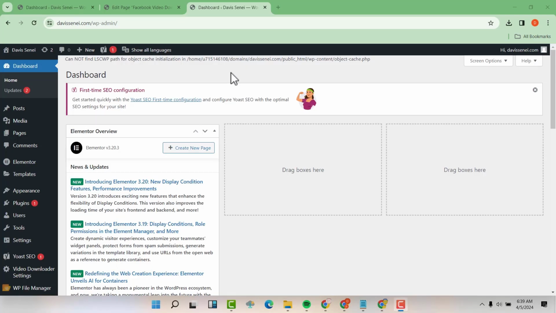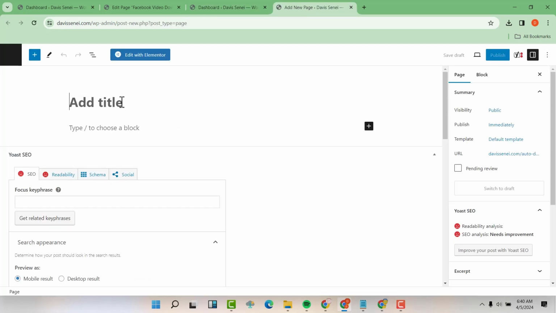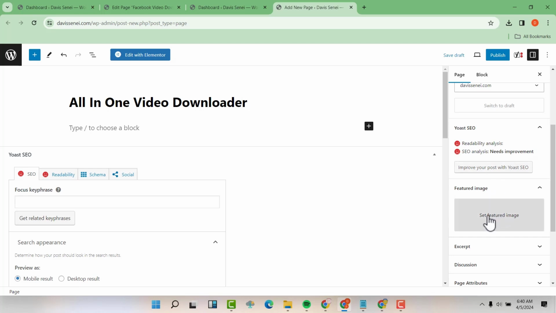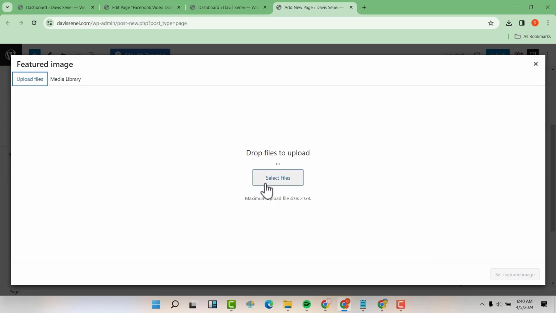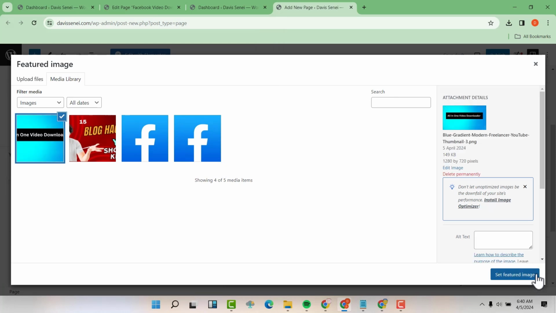Okay, so if you want to add a custom home page, you can go to your pages, then add a new page. Just open it on a new tab, and maybe you want to call your home page maybe that's what you want to call your home page. You can call it like that. Then you can scroll and you can add the image that you want for home page. So I'm just going to upload one. Let me pick this, then open it. Then I'm going to set it as featured image.